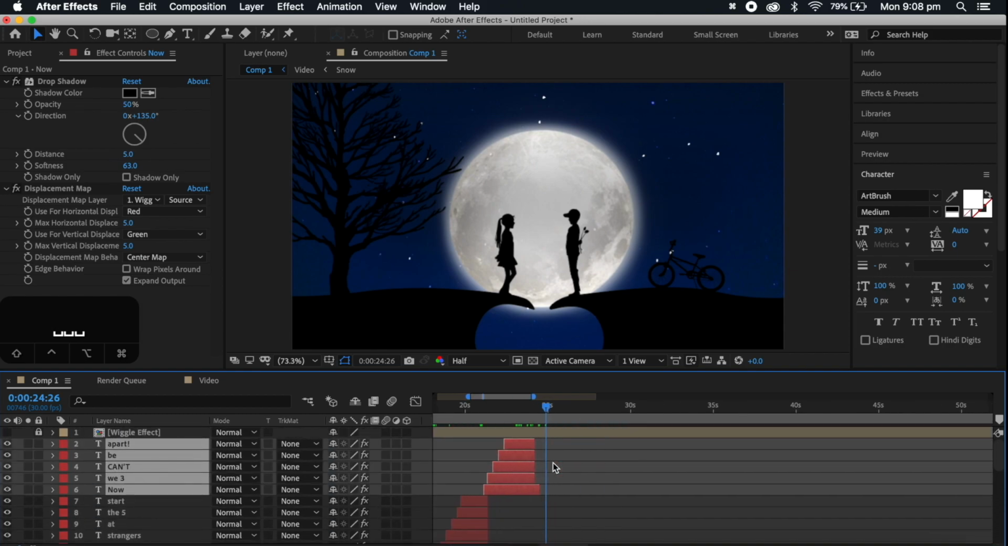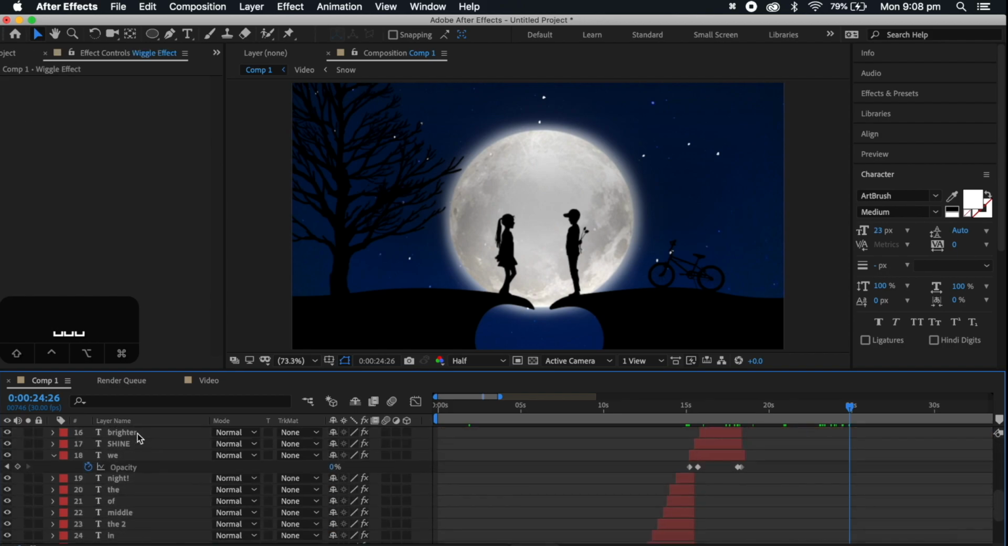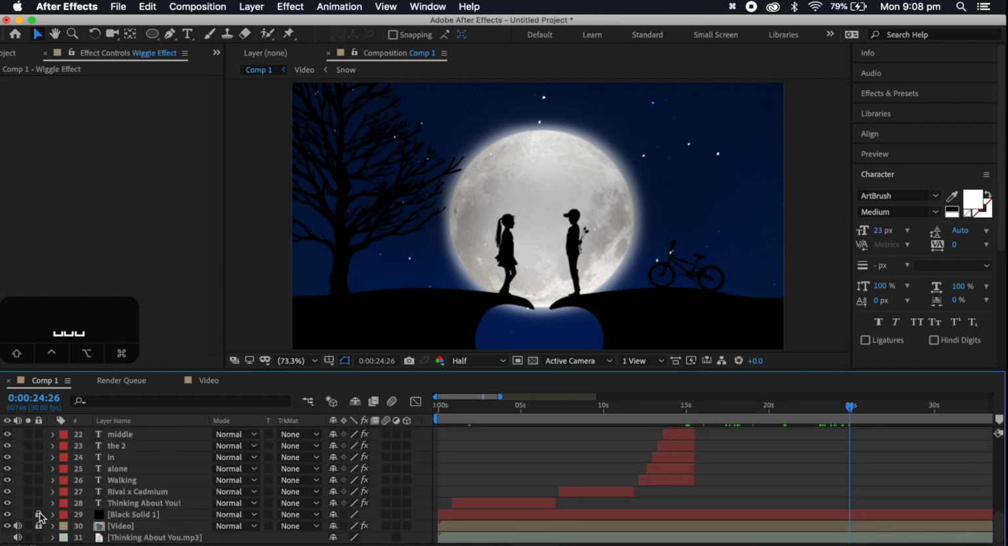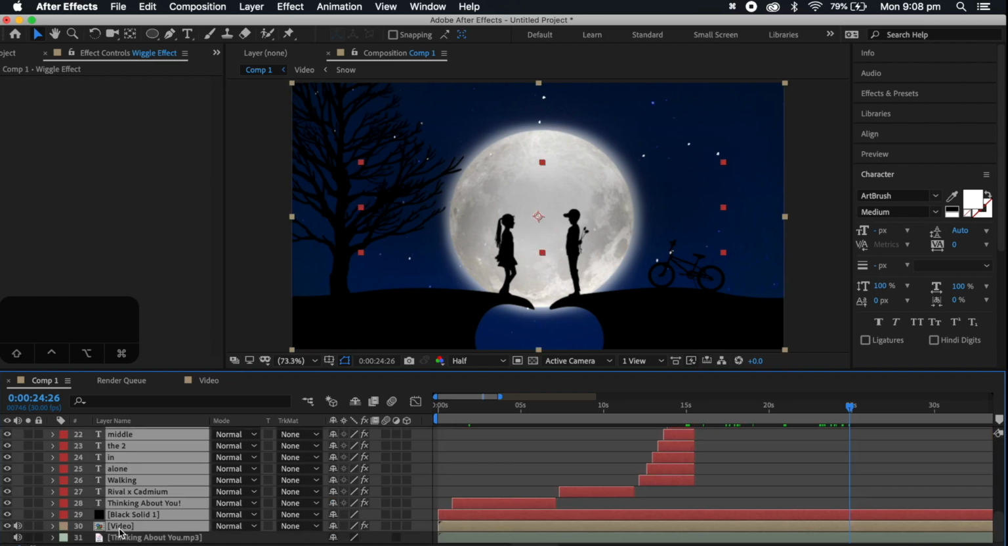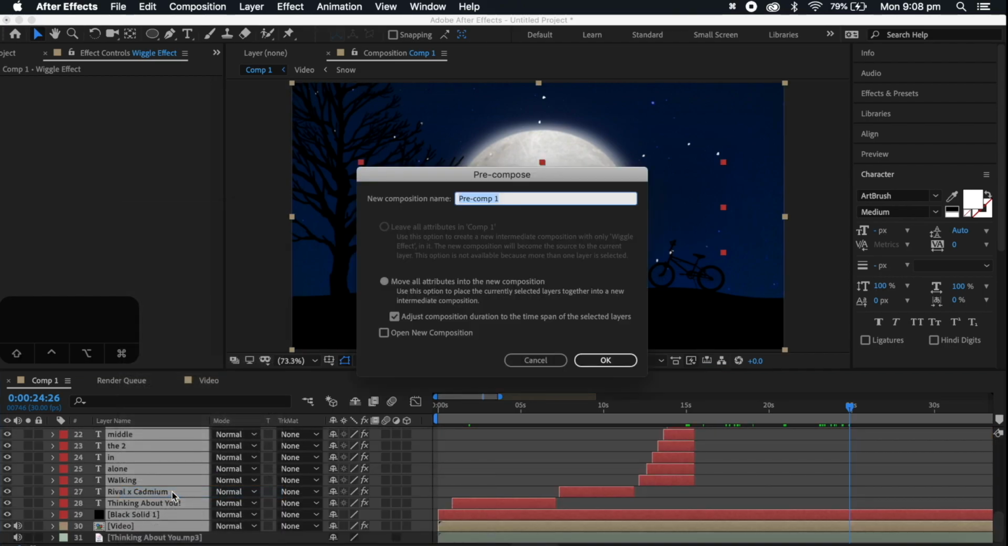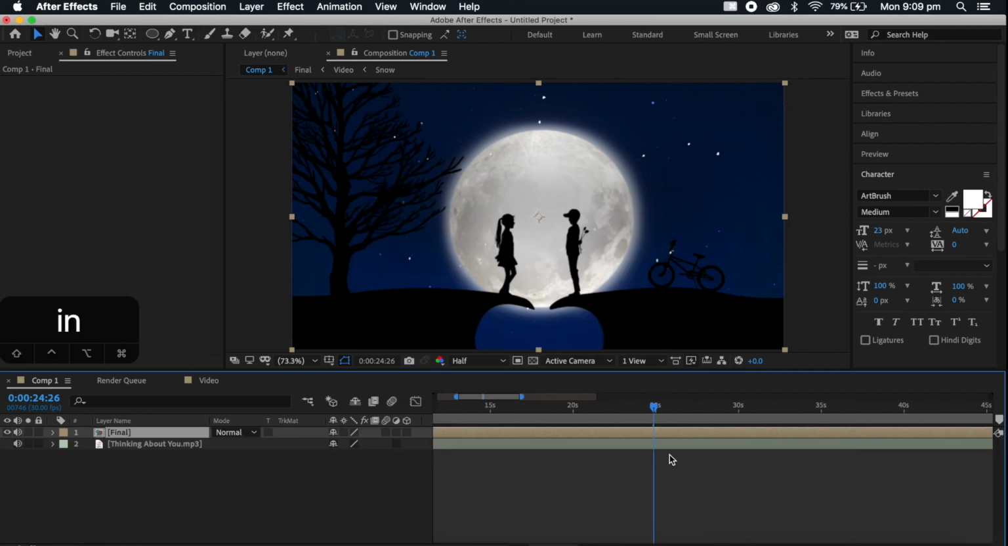And one more thing I'll just show you is once you have all the lyrics done, just compile all these files together. Again, make sure you unlock all the files. Right click, pre-compose, name it final or whatever you like it. And once the beat drops,